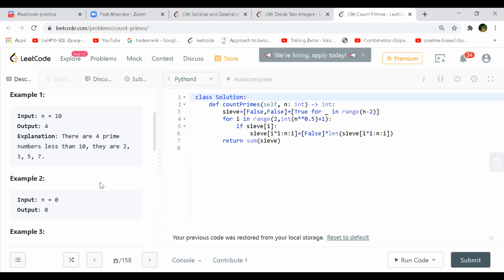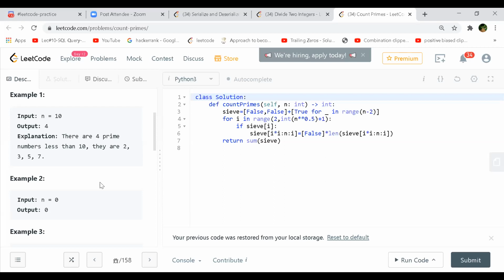So we ignore 6. Then 7. 7 is not divisible by 2, 3 and 5, so you'll add 7. If you keep doing that till 10, you find only 2, 3, 5 and 7 as the prime numbers. But that operation is almost like n square. I won't say it's n square, but to some extent. So that will be too much computation, correct? Yeah, every time we do that, and therefore it's brute force. But that is one way to do it.